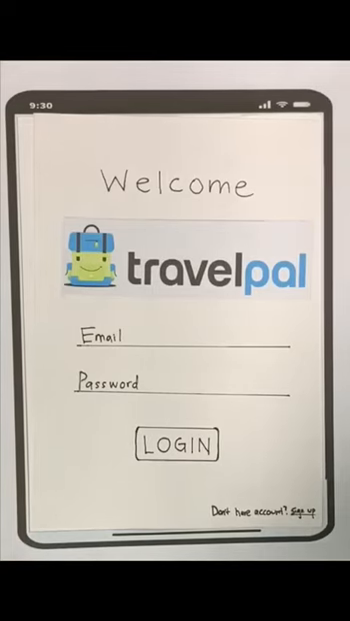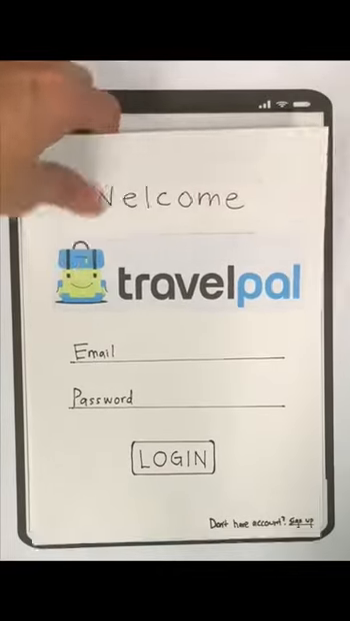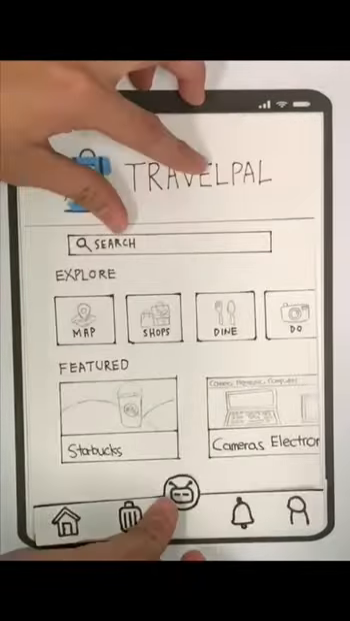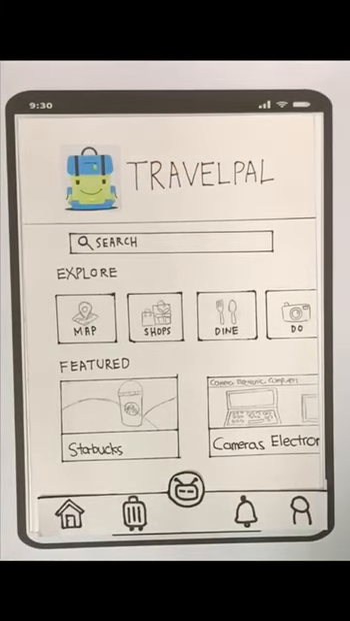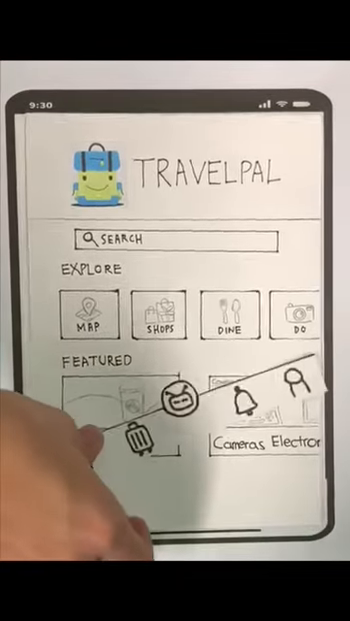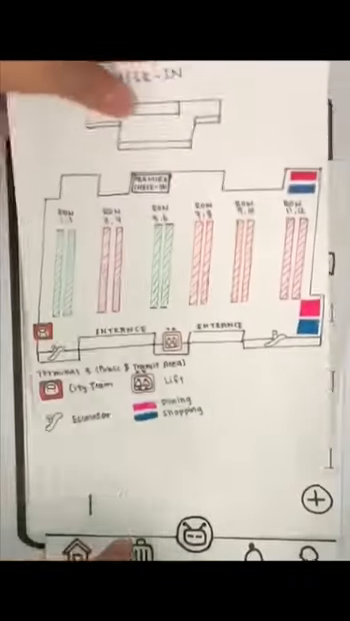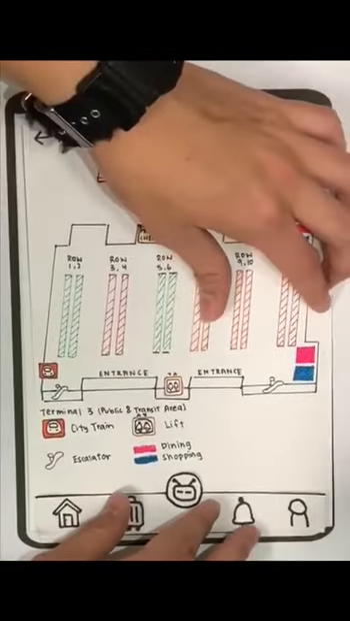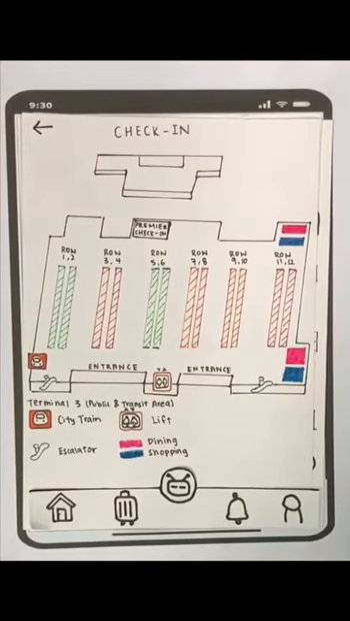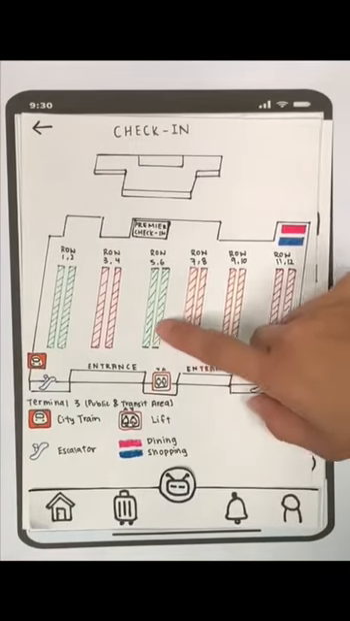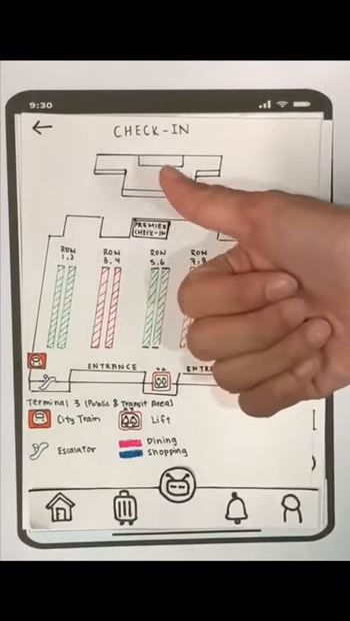Upon reaching the airport to prepare for his flight back to India, Madhav whipped out his phone and launched TravelPal. He first looks at his planned schedule and checks for the queuing status at the check-in counter. TravelPal indicates that there is no queue at the counter, so Madhav and his family proceeds to the counter to